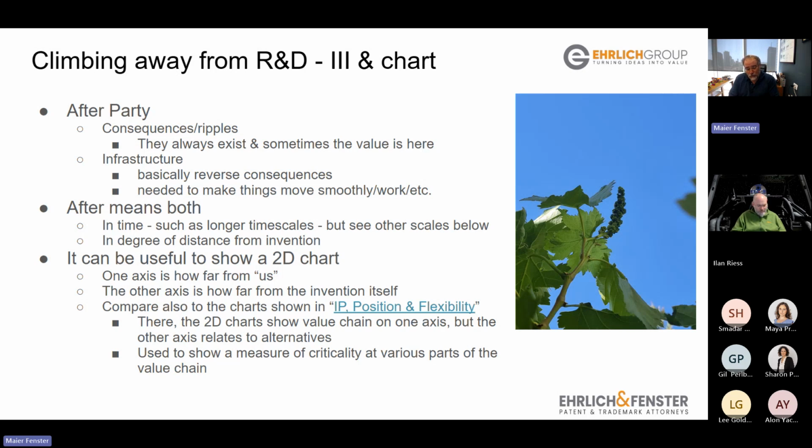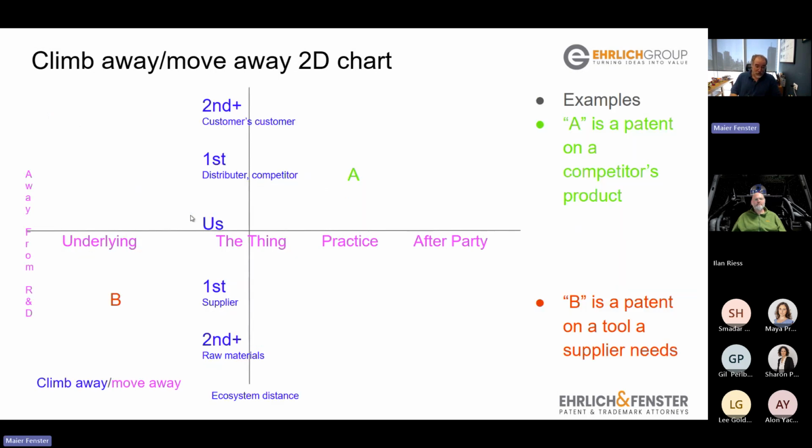So I gave you two dimensions already. And if we have two dimensions, what could be better than a two-dimensional chart? And the two-dimensional chart will show us how different we are from the default, which is covering what the invention that we're doing. And I've given other charts in previous presentations, but they don't talk merely about distance. And here the goal is to say, where can my IP be? So here's a chart, and it has a lot more words on it,